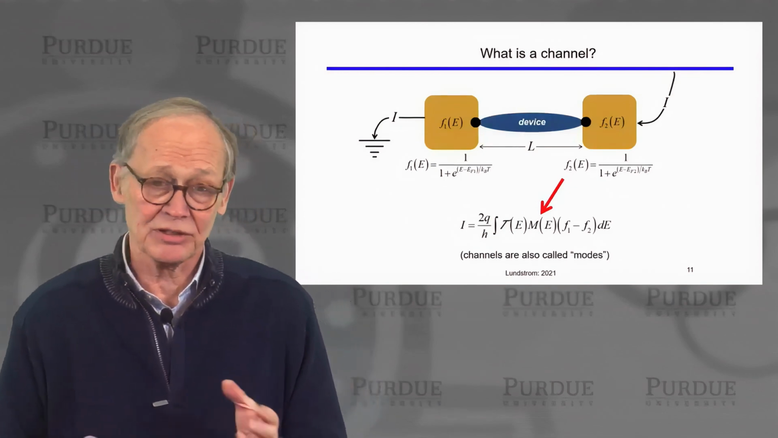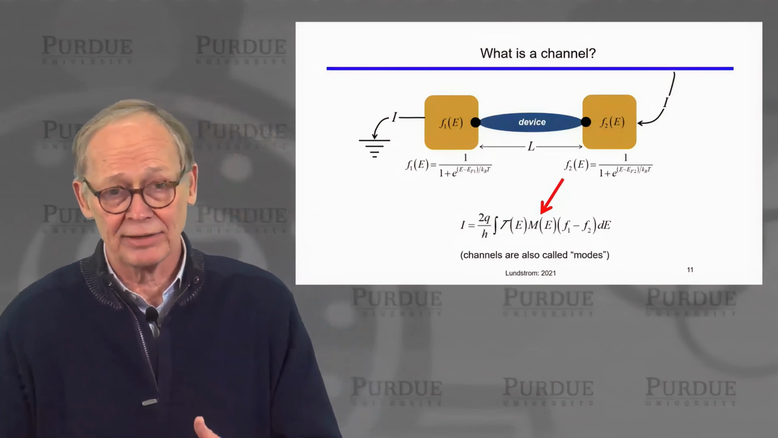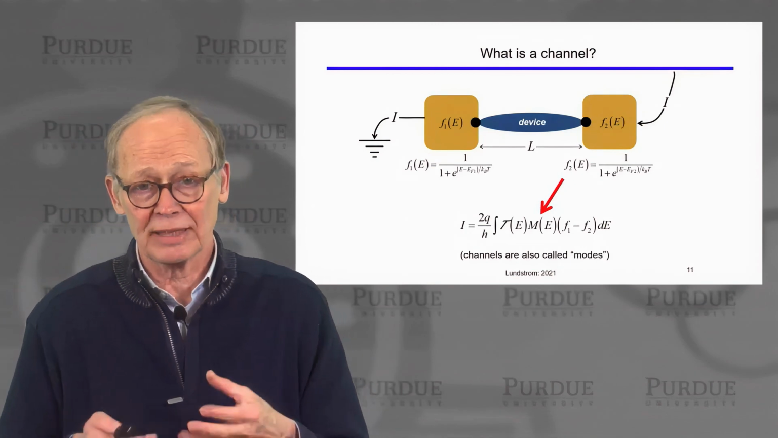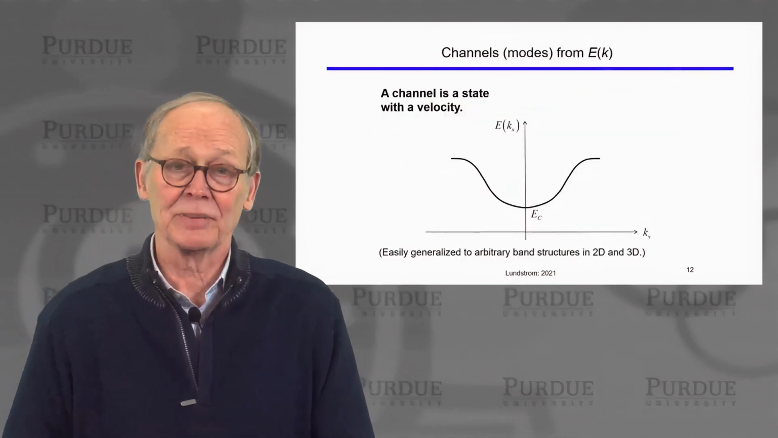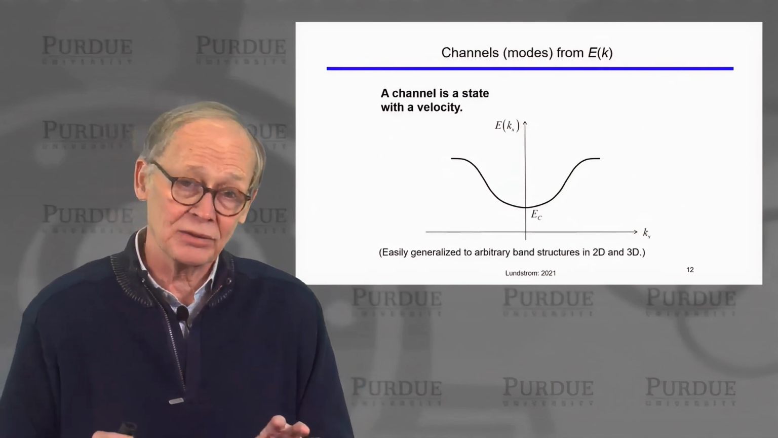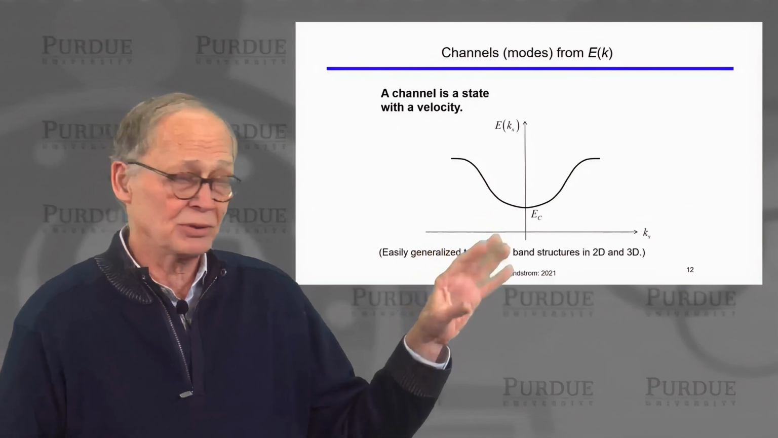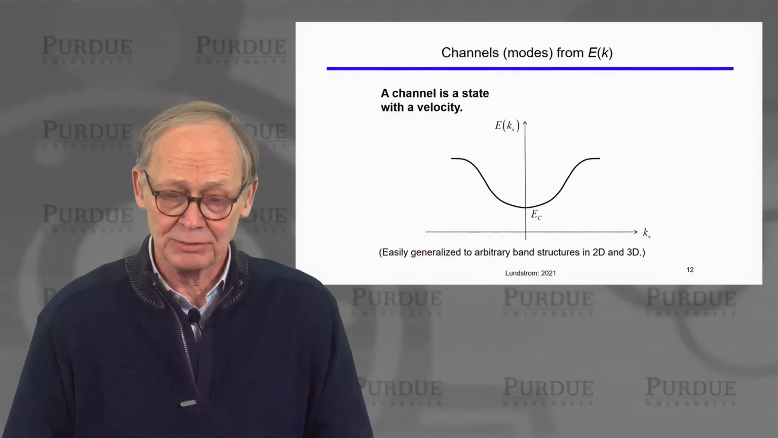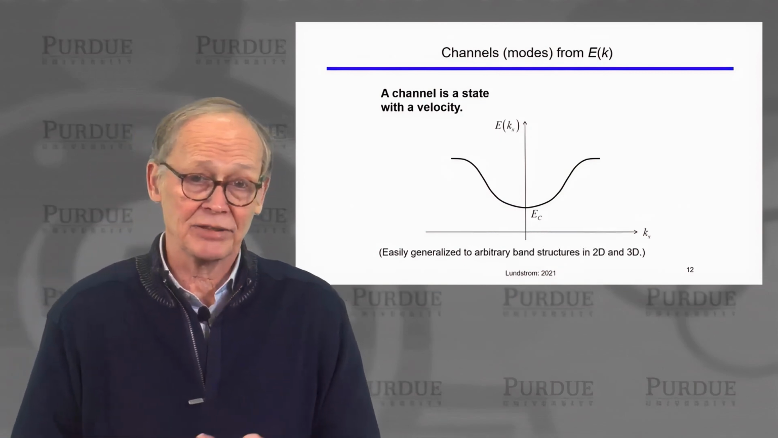Okay, now, what is a channel? Channels are like lanes on the highway. They carry the flow of automobiles on a highway. They carry the flow of electrons in our semiconductor device. We can illustrate what a channel is in a simple one-dimensional example. Let's say we have a band structure, an E of k in 1 dimension, and we'd like to understand what a channel is. Well,